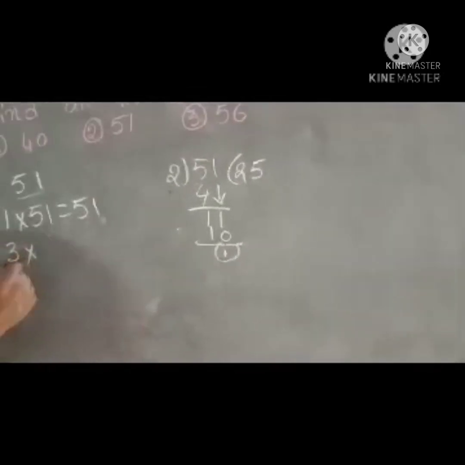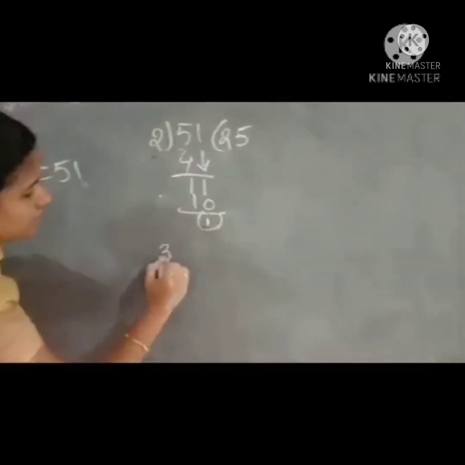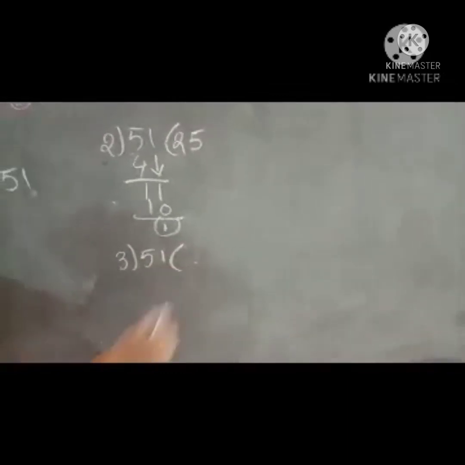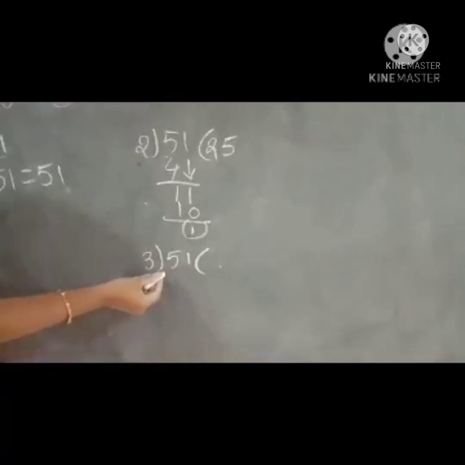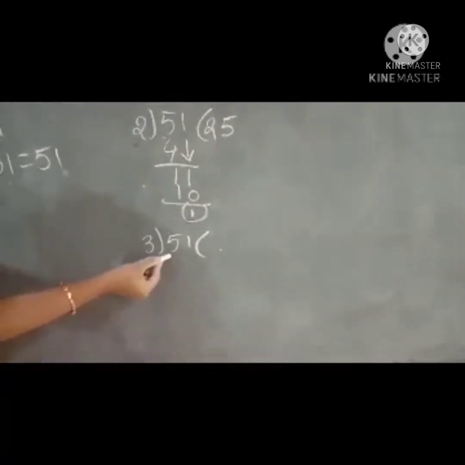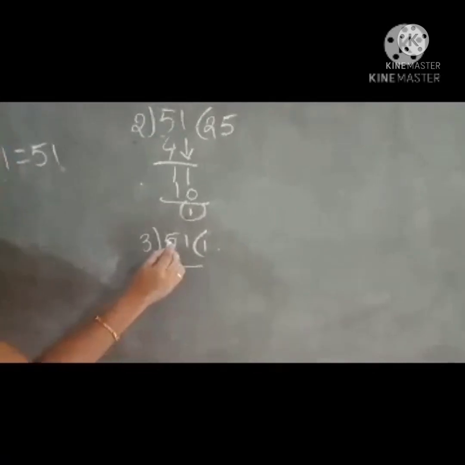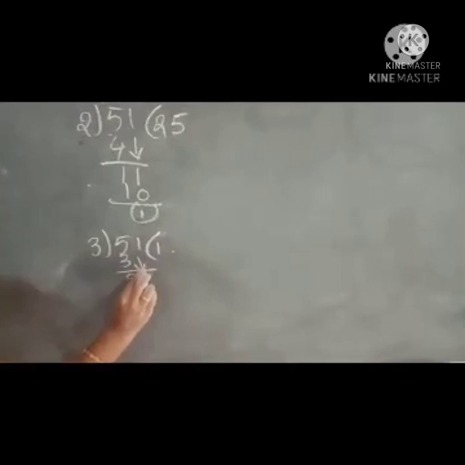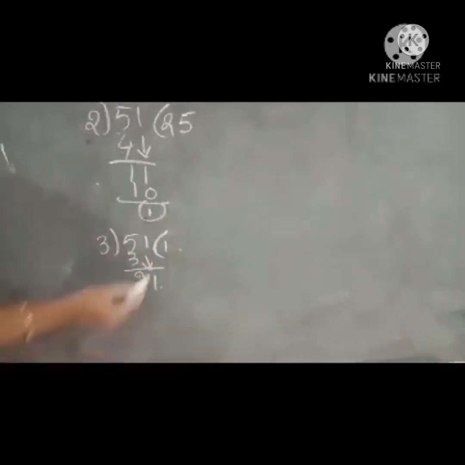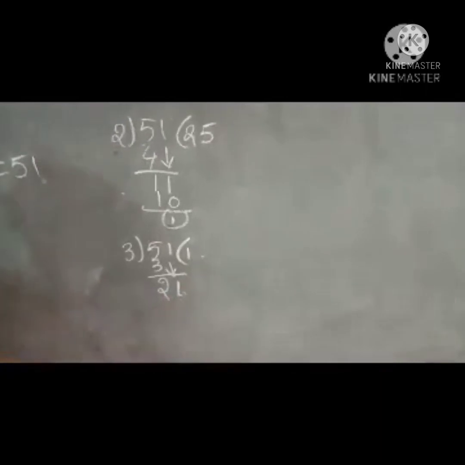In 3 table. In 3 table 51 is there or not there? We will check. In 3 table 51. See here, in 3 table 5 is there? Not there. So we have to take the small number. Small number we have to take. 3 1s are 3. Again 5 minus 2 is equals to how much? 2. And here we have to take the number down. 21. In 3 table 21 is there or not there children?